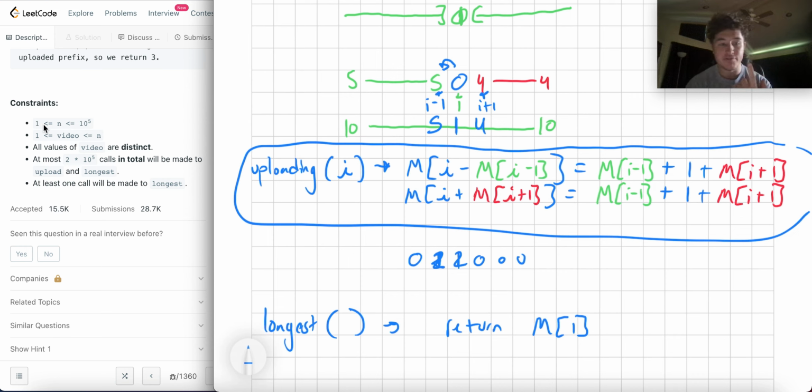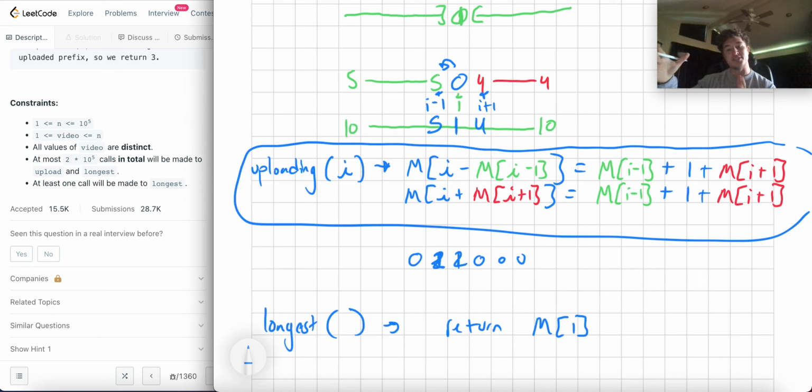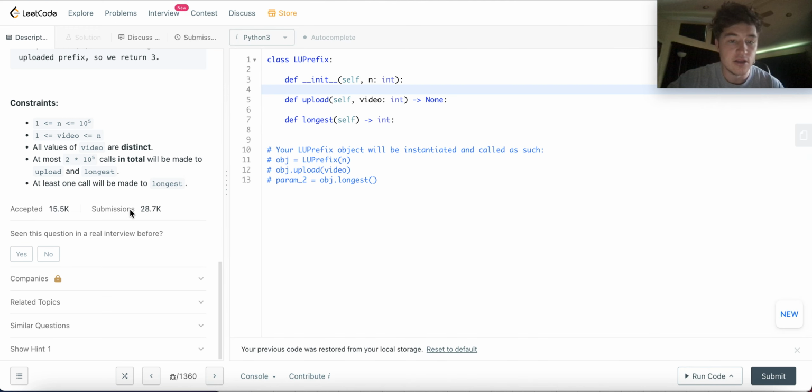Well, since there's only 1 to 10 to the 5 videos, right, 1 is always going to be an edge because there's no 0th video. So there's no video on the left to add to. So you're never going to have a case where 1 isn't at the edge, right? Because 1 is the edge and then going forward. So this will always keep track of the lengths at the edges of all the prefixes. And it just so happens that 1 is always going to be an edge of any of the prefixes. So then it'll always capture the length of the longest prefix starting at 1 because that'll always be an edge. Okay.